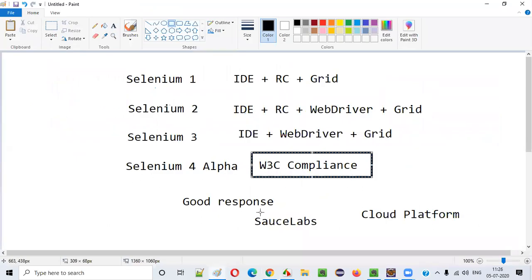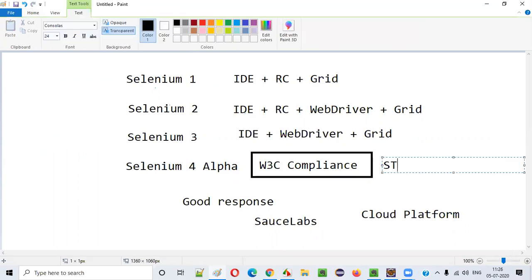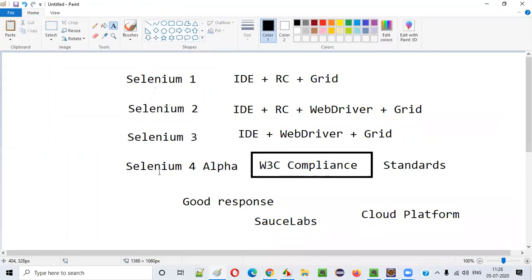Okay, so everyone should be compliant with that World Wide Web Consortium, something like that. Some standards, guys. This is nothing but a standard. If Selenium follows some standards, what happens? A lot of tools and a lot of dependency ecosystem will be created around Selenium. So it will become more popular. When the ecosystem grows, automatically Selenium will become more popular. So it has to implement this kind of standards.